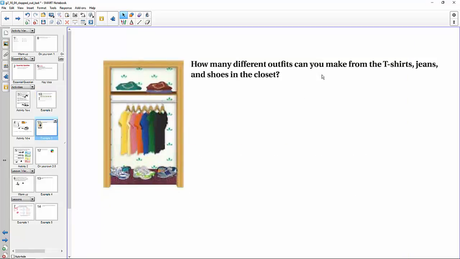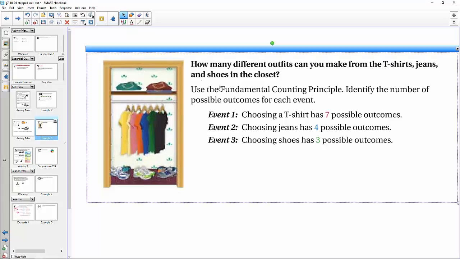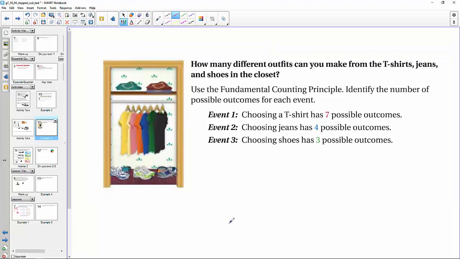For this one here, it says how many different outfits can you make from t-shirts, jeans, and shoes? Well, if I look here, I have jeans. I have 2 pairs of jeans, so I'll say, oops. Oh, good. I'm glad I did this. I didn't see there was 4 different pairs of jeans. So it says that there's 4 pairs of jeans, 3 pairs of shoes, and 1, 2, 3, 4, 5, 6, 7 different shirts. So all that I'm going to do here is multiply 7 times 4 times 3. So this here is 28 times 3